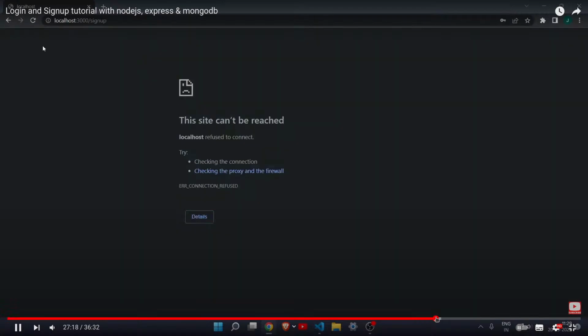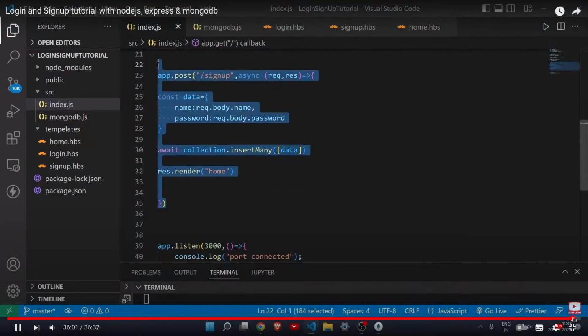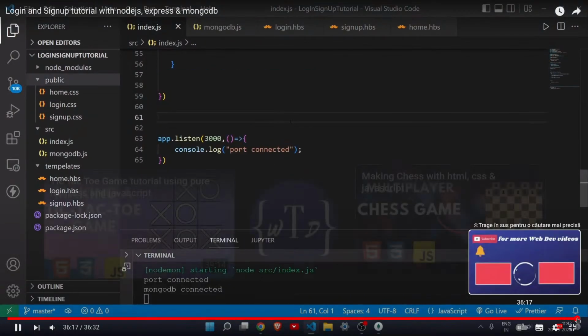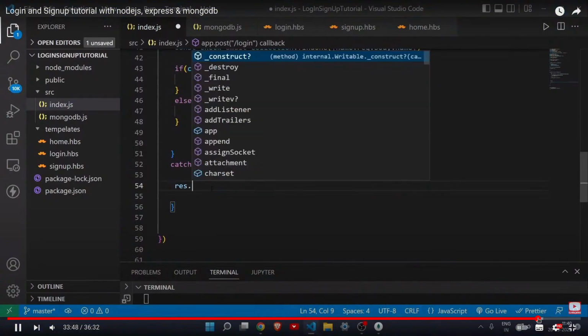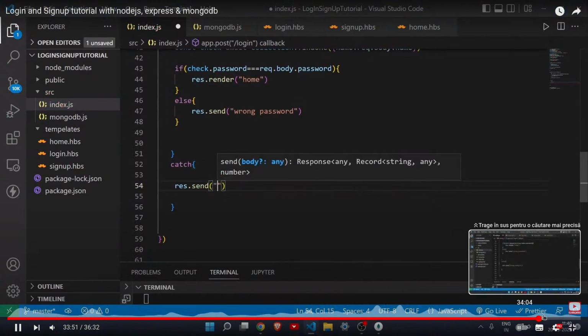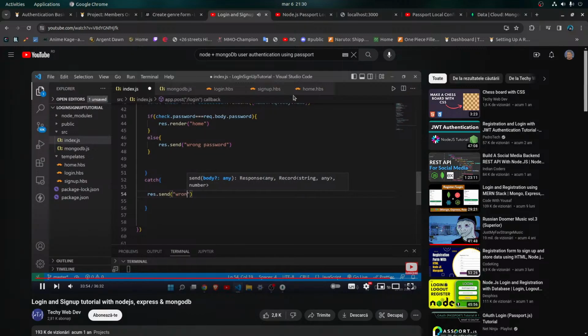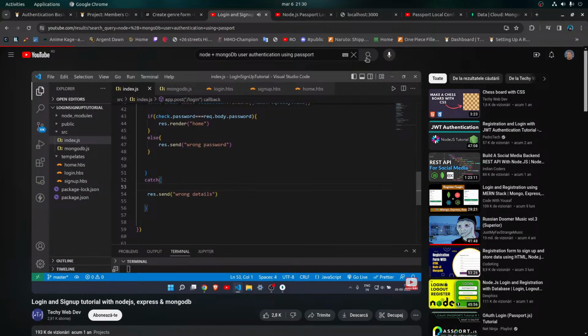So if you login and sign up form, and then I will send wrong details. Wrong details here. Alright, now